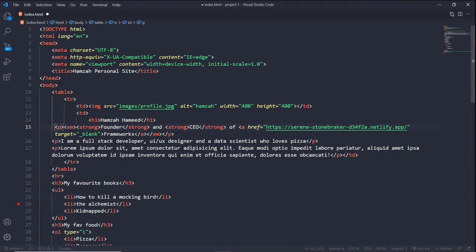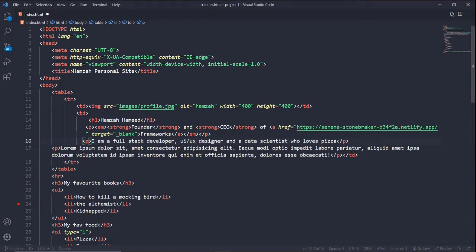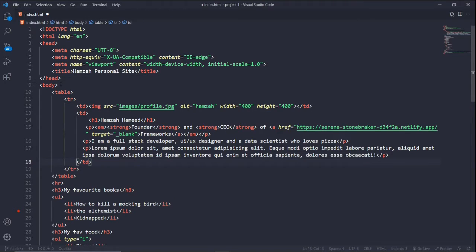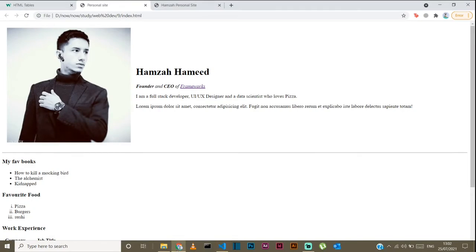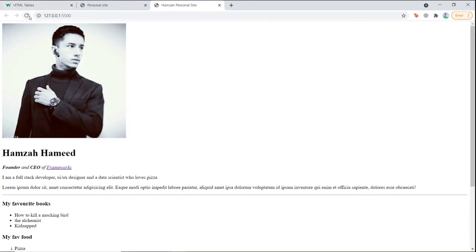Maybe move all of this a little bit to show you guys that all of this is inside the table data tag. So, a lot of information. And then the last thing I'm going to do is push table data onto the next line so it's much more visible. Okay, if I Control S to save this, now we have a table data that has the image tag inside it, and a second table data that has all the information inside it, and all of this is inside one table row. So if I go back to our website and I refresh it,